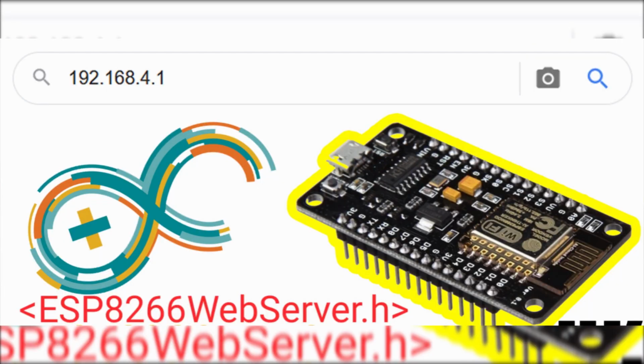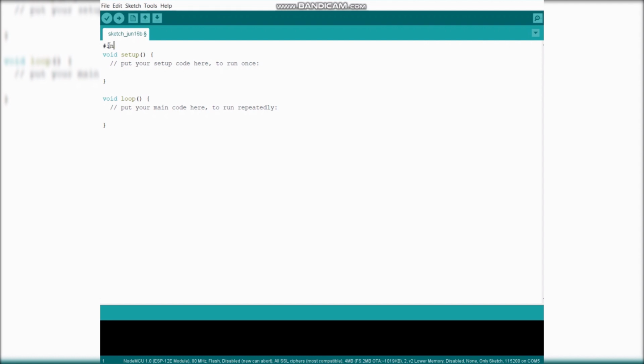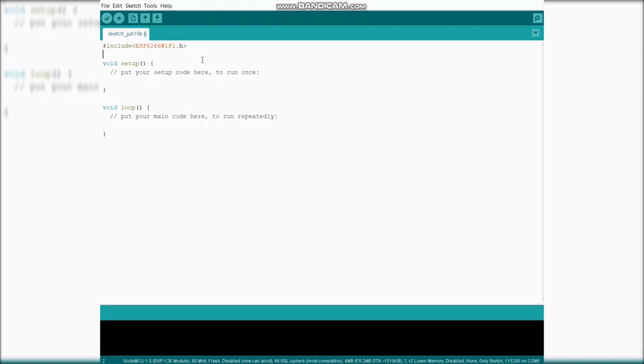In this episode, I am going to explain about the ESP8266 web server. First, I will include my NodeMCU's header file, that is ESP8266WiFi.h, and then I will include ESP8266WebServer.h, and